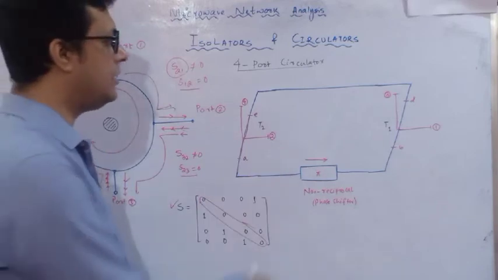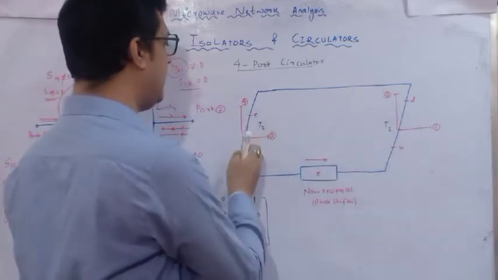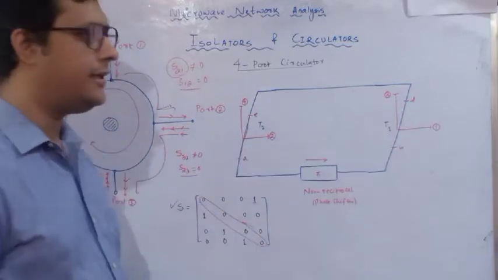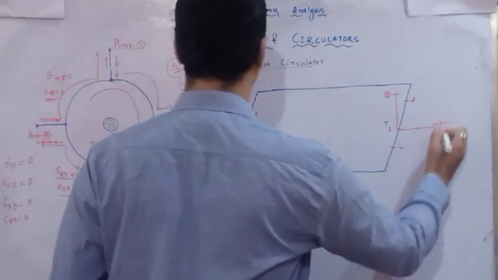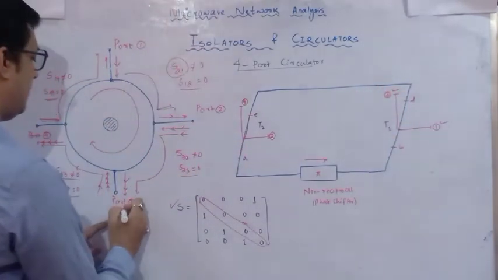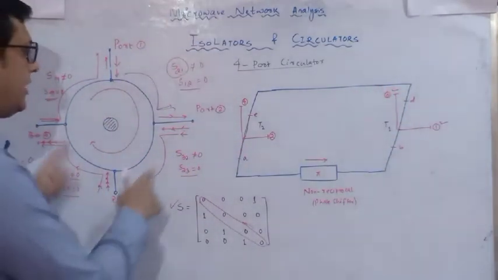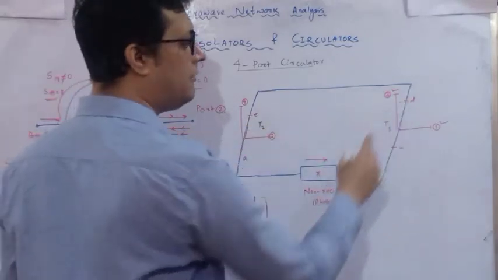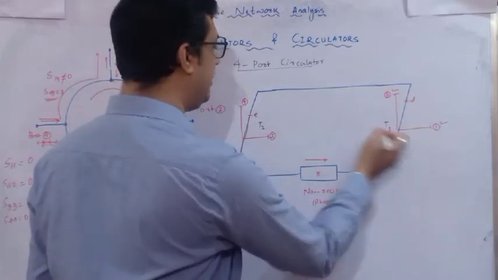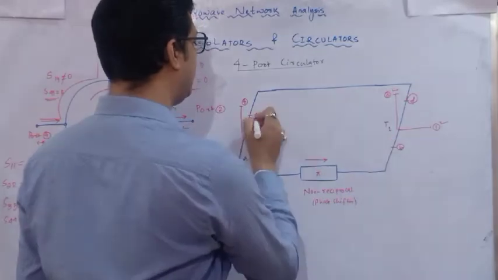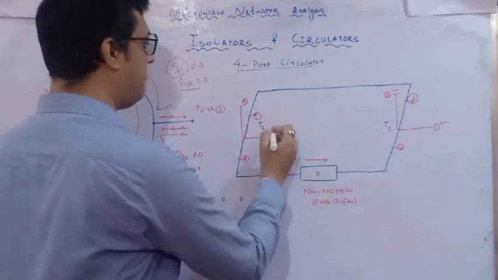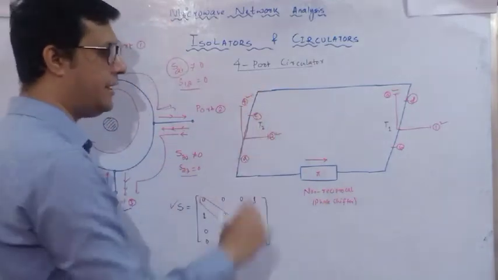So here what I have done, I have used one magic tee T1 and another magic tee T2. There are 4 ports available. In those 4 ports, one port I have used for port 1 of the circulator, port 3 for another port of the circulator, and these 2 arms are provided with incident power, and whatever the power is going to split. So it is D and B. Similarly, this is E and this is A. In which power is going to enter and power is going to output at 2 and 4. So I have arranged like this.